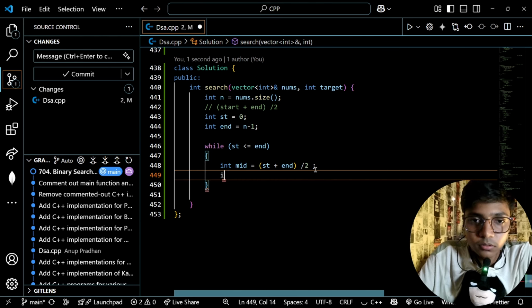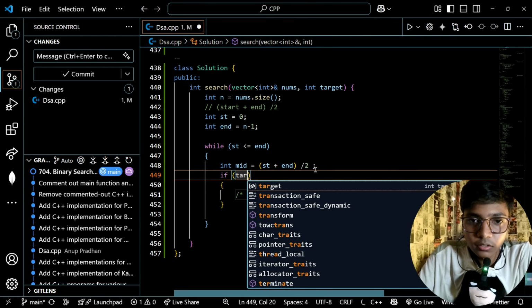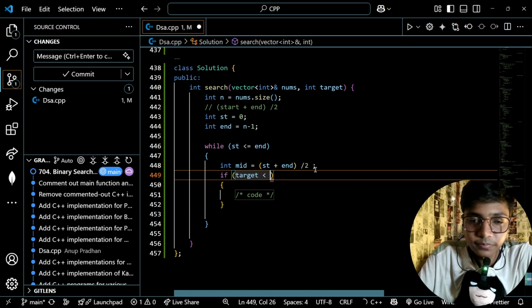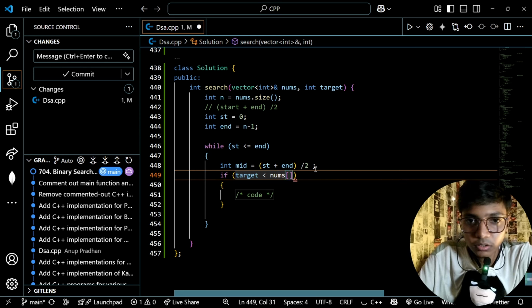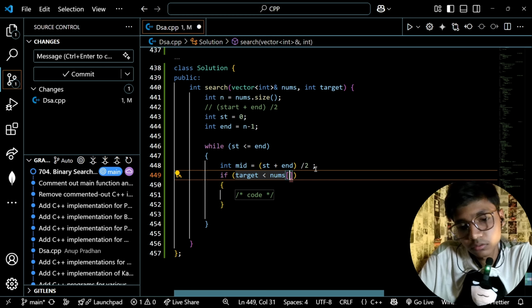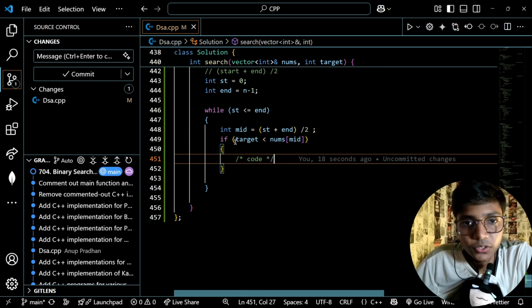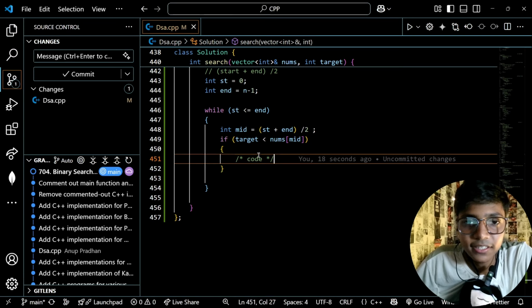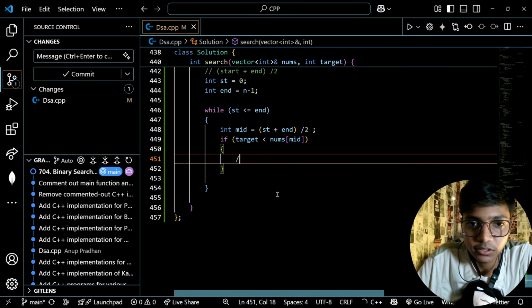If, what is the condition? If the target is smaller than nums of mid. Okay, so if our target is smaller than this, then this loop is going to... so we have to change our end value to this. How we can change our end value to this is basically,